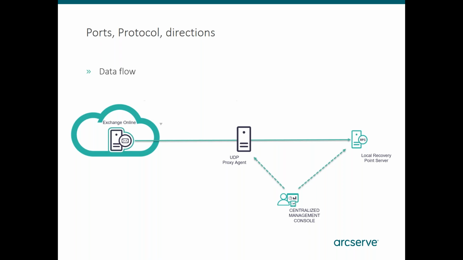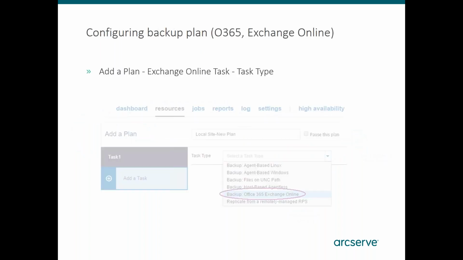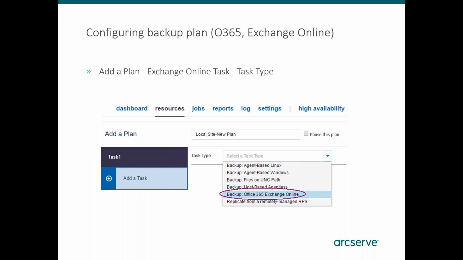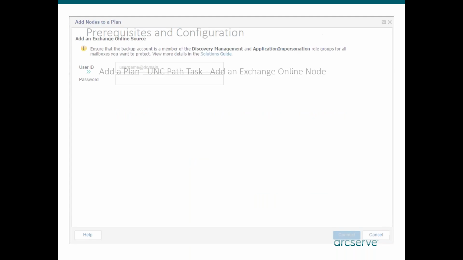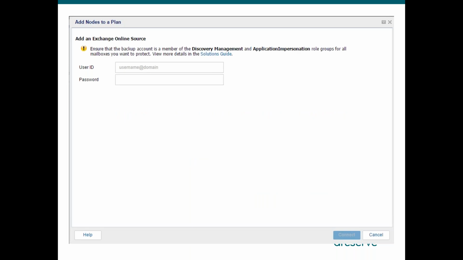Since I believe in your ability to go through the wizard interfaces, I'm not going to spend much time on the following few slides. I'll just point out a few things. Once you open the interface and connect to the agent, one of the items you'll see is the ability to back up Office 365 Exchange Online. Proceeding with these screens, you need to provide credentials of an administrator who is able to back up the content of this Exchange Online. And a little warning here says that you need to have certain rights to do so.